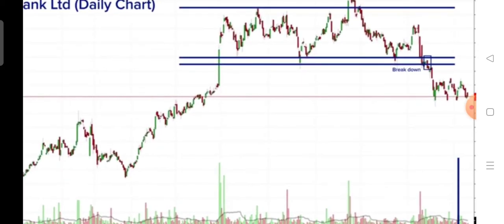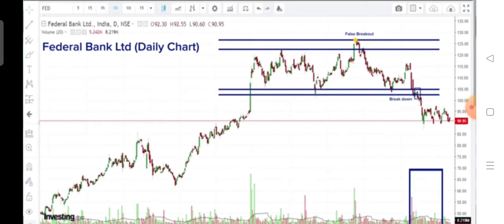And if the volume is on the higher side when the breakout or breakdown is happening, then you can be more assured. As you can see on the reversal, the volume of the stock Federal Bank actually increased, so you can be a little bit more assured that the reversal that was happening was actually for some more time and it can be sustainable. Now let us talk about rectangle being formed in the down move.